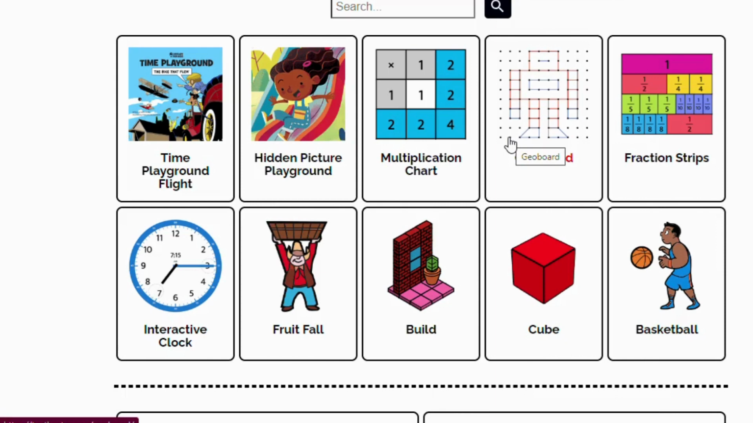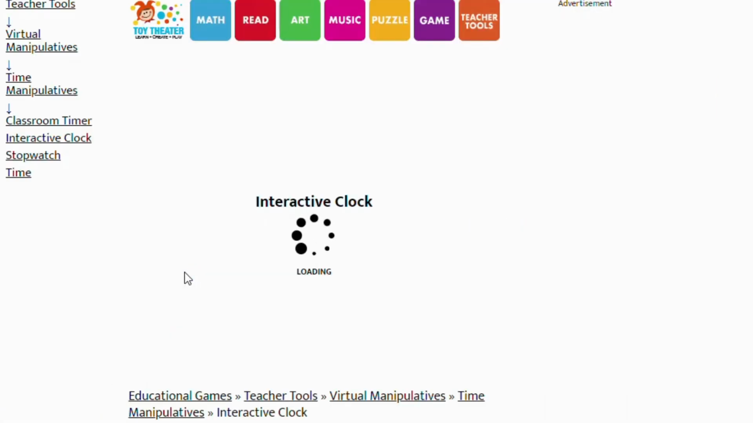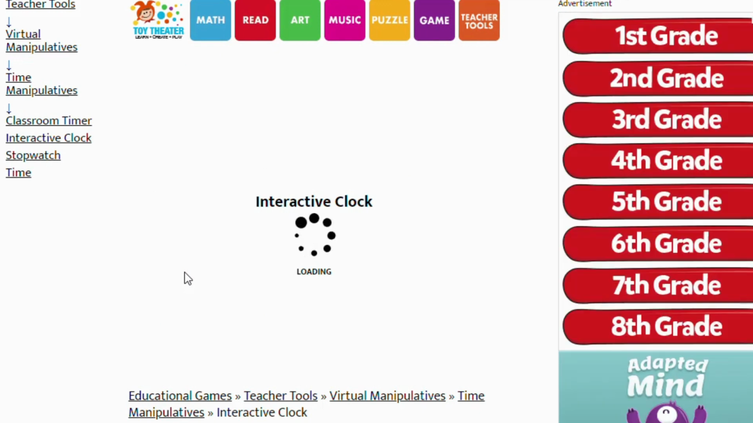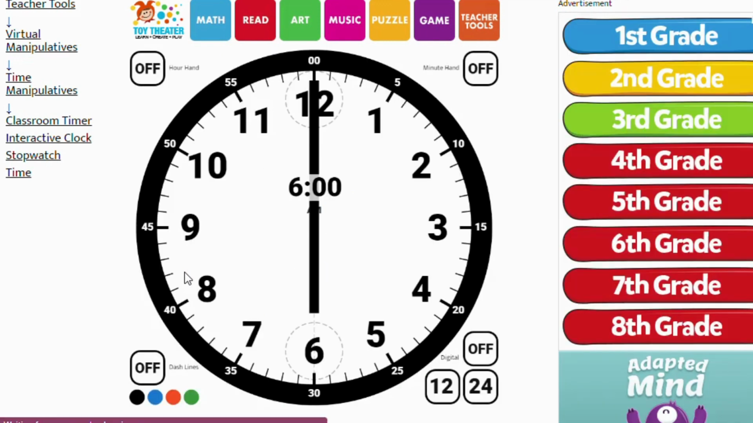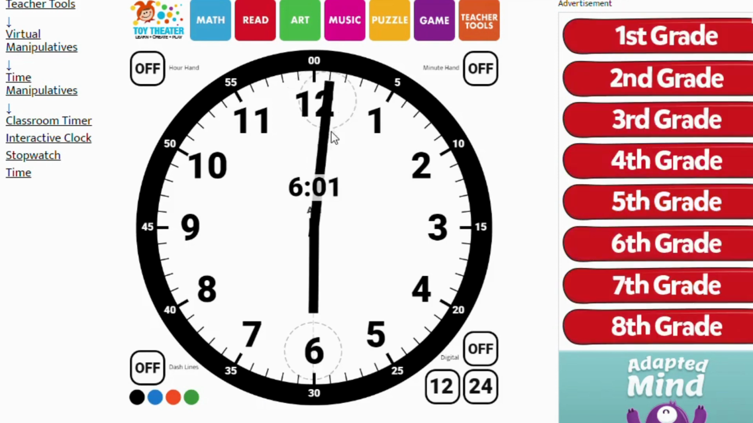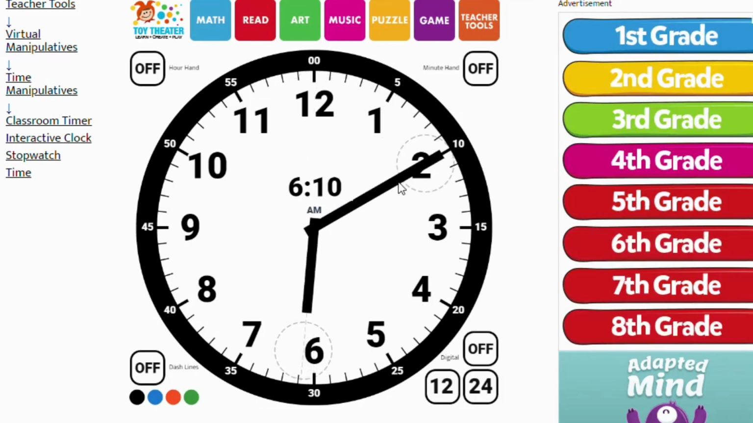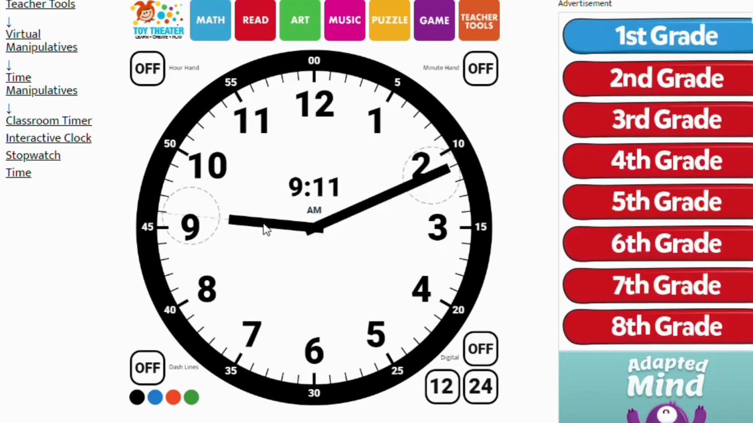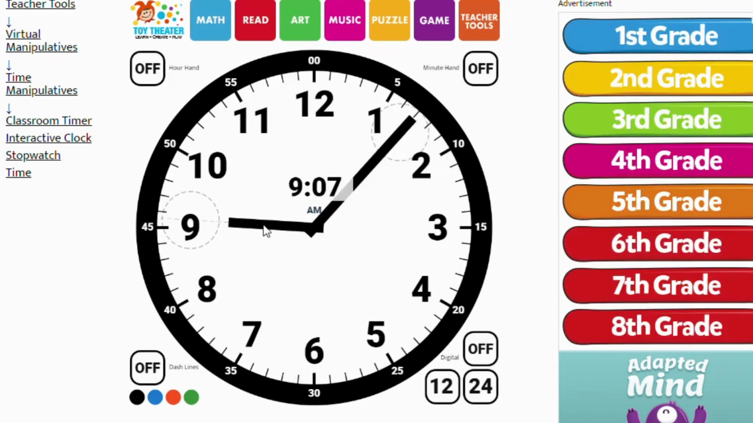There are some other lovely tools there that can be used. Let's try the interactive clock. Now, the interactive clock basically tells them the time once they manipulate the hands of the clock. So when we move the hand here, 10 minutes past 6, we can move the short hand 7 minutes after 9 in the morning. All right, so these tools are especially lovely for math teachers